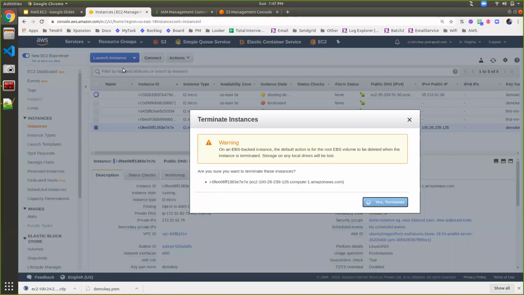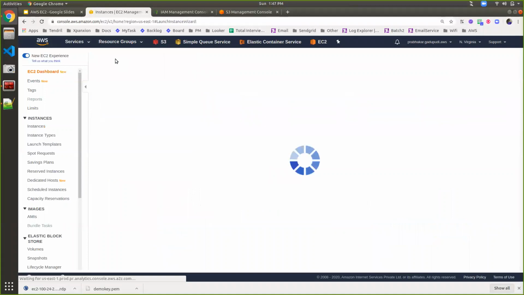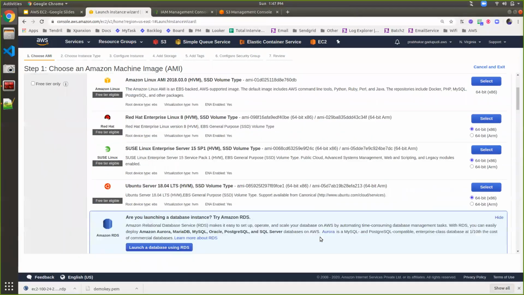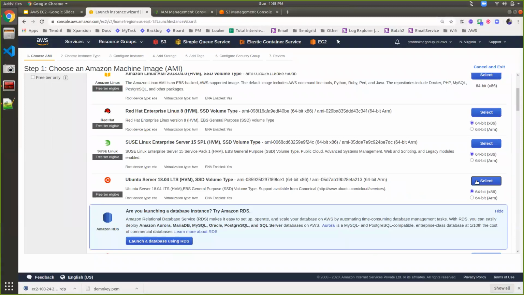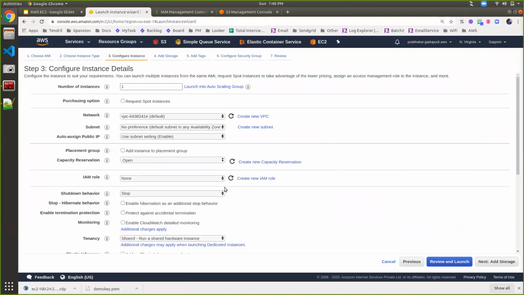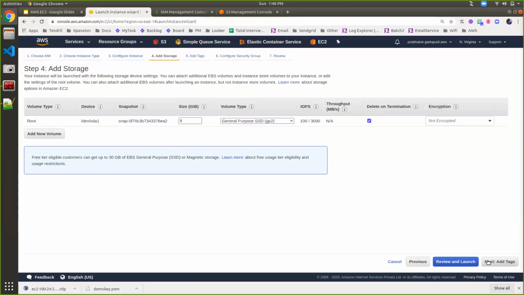Now I'm creating an instance here, create instance. I'm choosing Ubuntu, and go next. I'm using the role S3 full, which I have created earlier. Go to next, and for storage I'm using the default root storage of 8 GB.